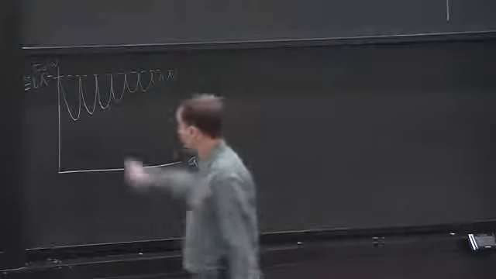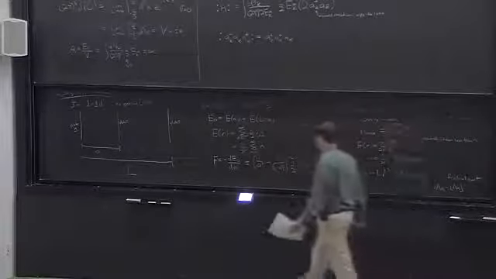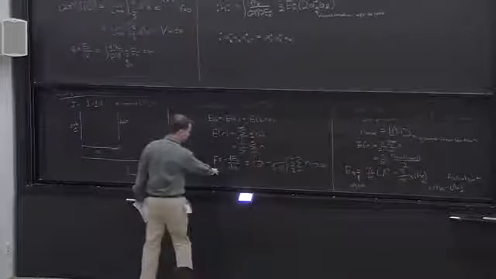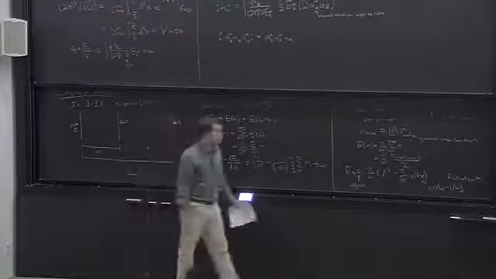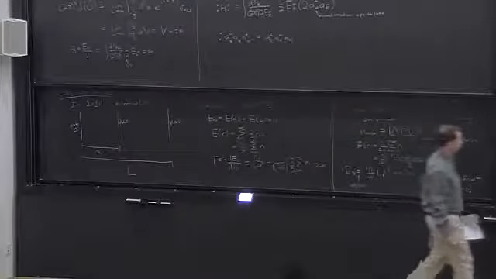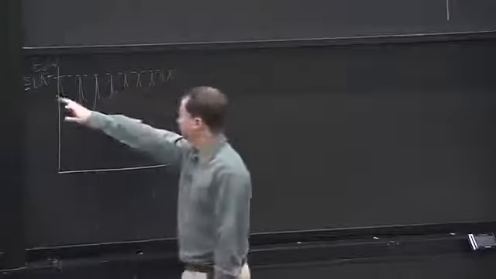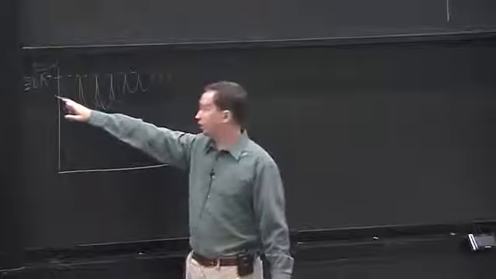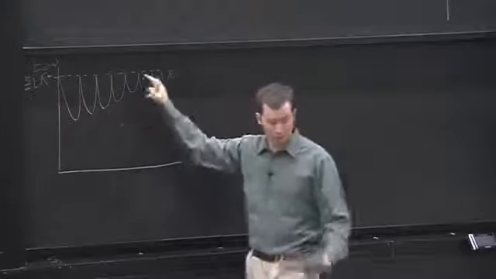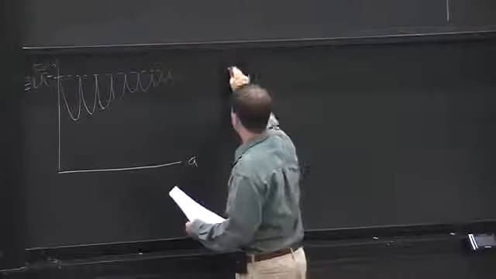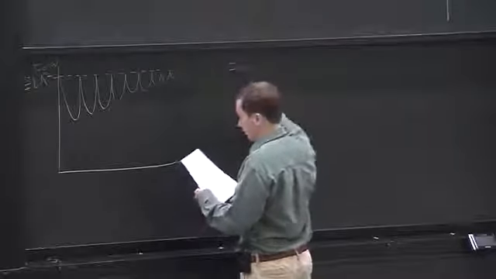And so what we're going to want to compute is the force, which is the derivative here. We take lambda to be large. These oscillations are going to be very, very rapid. And so what we should be able to measure